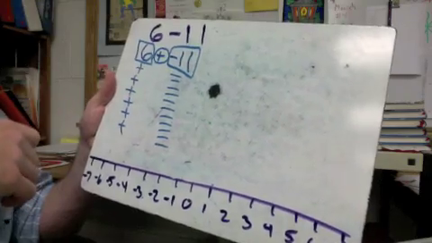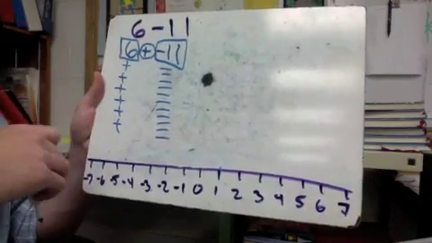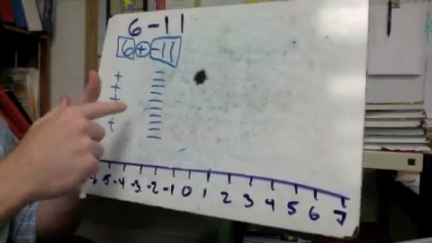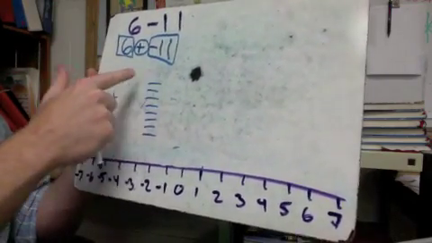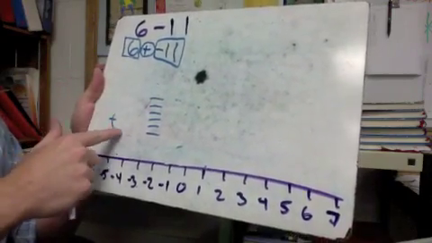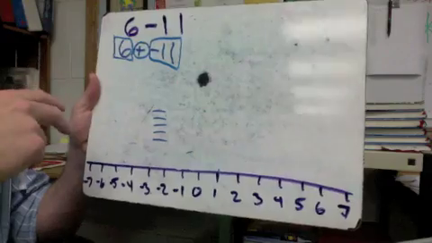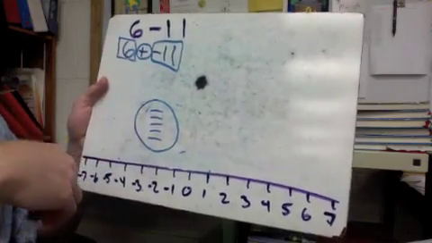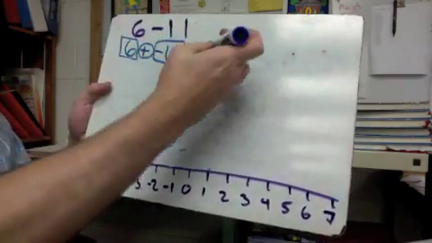Okay. All I'm going to do is, I could do those circles like I did before. I could also do this. If I erase one of these, I erase one of these. Erase one of these, erase one of these. Erase one of these, erase one of these. We're just finding matches. Because every match you make makes a 0. It cancels out. Positive and negative make nothing. So now all I'm left with is this. Here's my answer. Now how do I write that? It's 1, 2, 3, 4, 5. 5 negatives. So my answer is